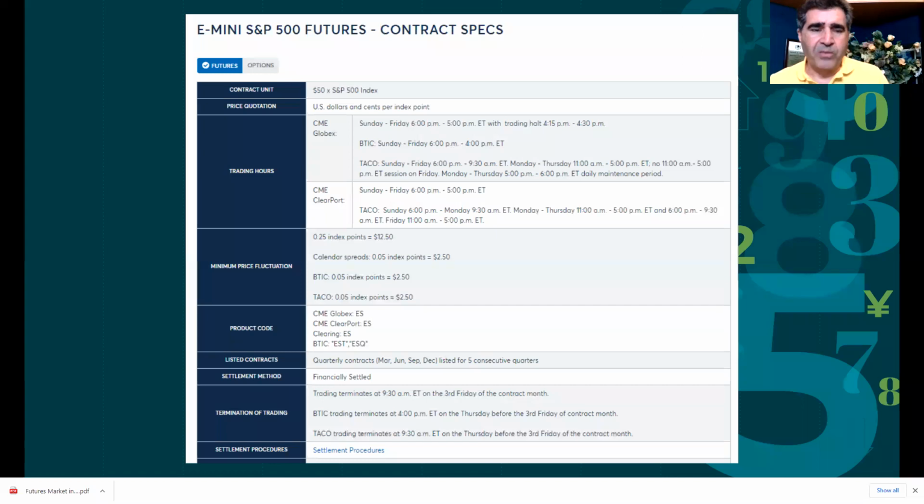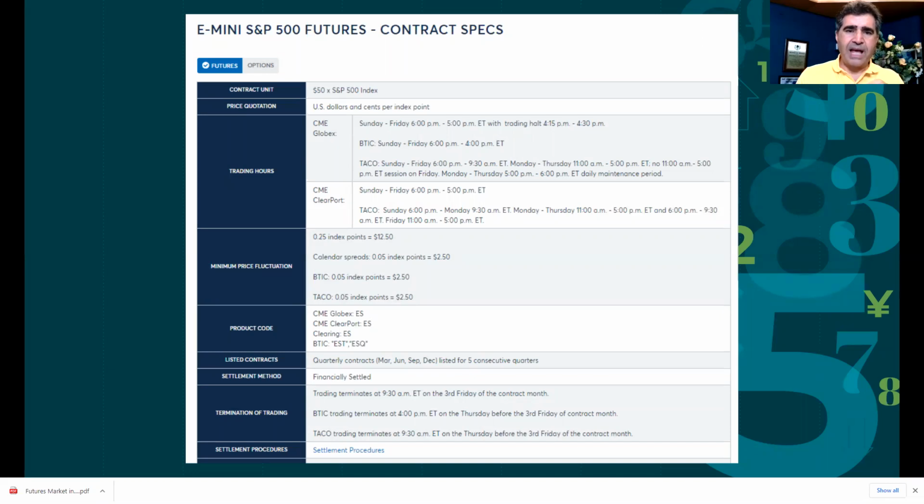Okay, now there's something called contract specs. This is again something unique for the futures, because you have different kinds of futures: the financial futures, and then you have the commodities. We talked about grains. You have the precious metals, the energy, soft commodities, and then currency. Each one has its own unique characteristics. So rather than me going through every one of them, let me give you one example so you can understand what it means.